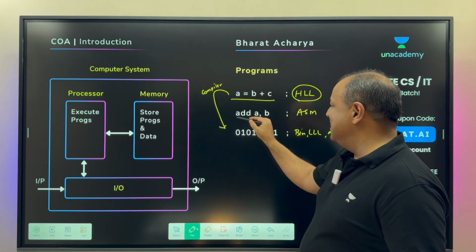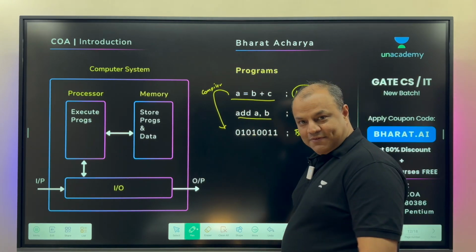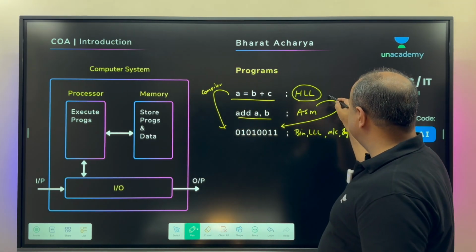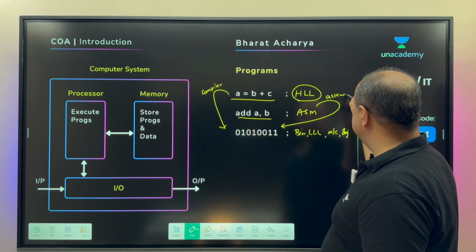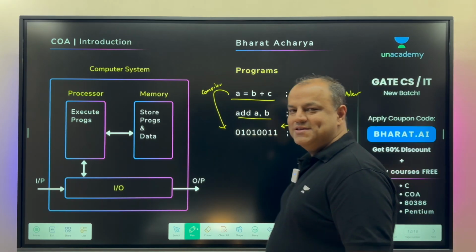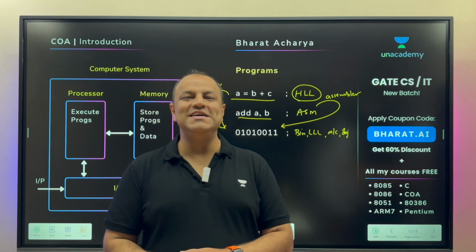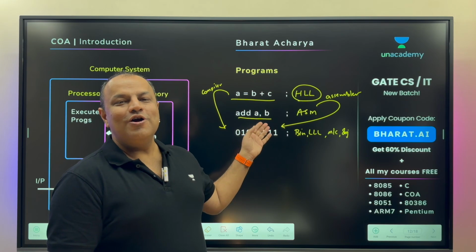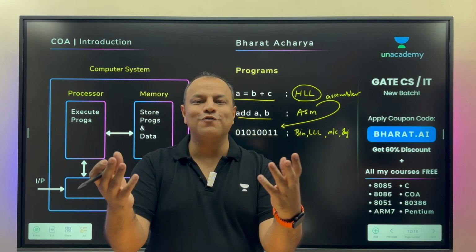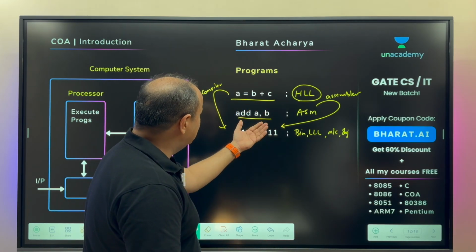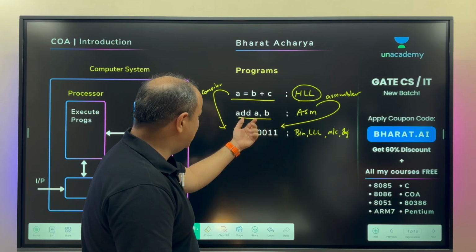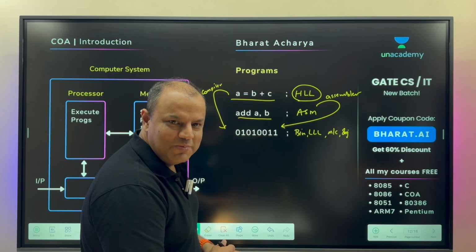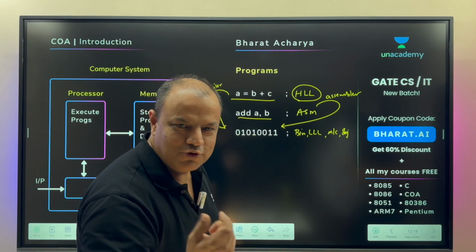Similarly, if you write your program in assembly language, especially for subjects like microprocessors and microcontrollers, you give your program to an assembler. The purpose remains the same, to convert it into machine language. So you write your program either in a higher level language or assembly language for the sake of convenience. This is easy to comprehend. This is still pretty easy to comprehend. This is not for humans. This is how it will be stored inside those memory cells which are created to store zeros and ones.